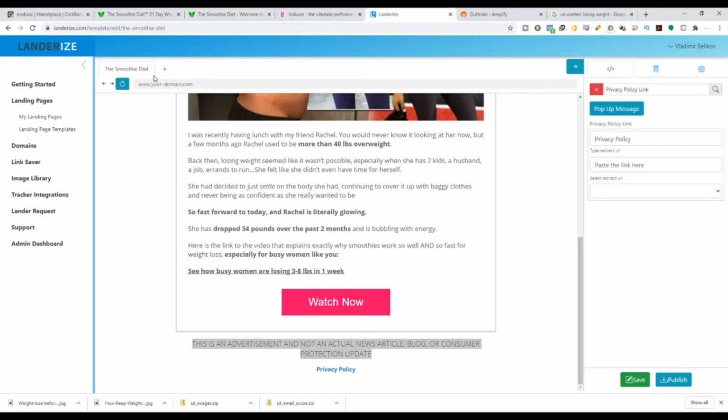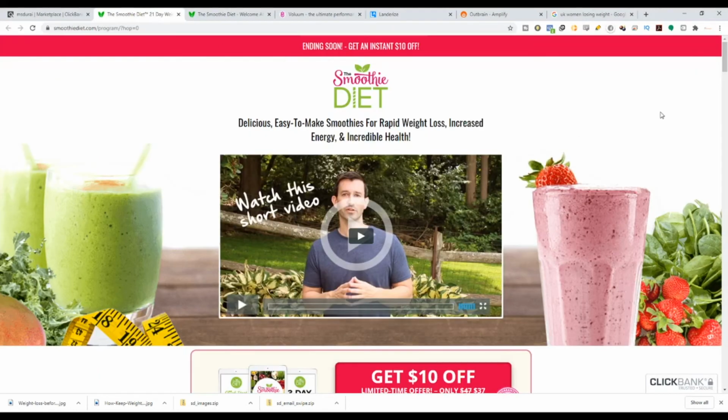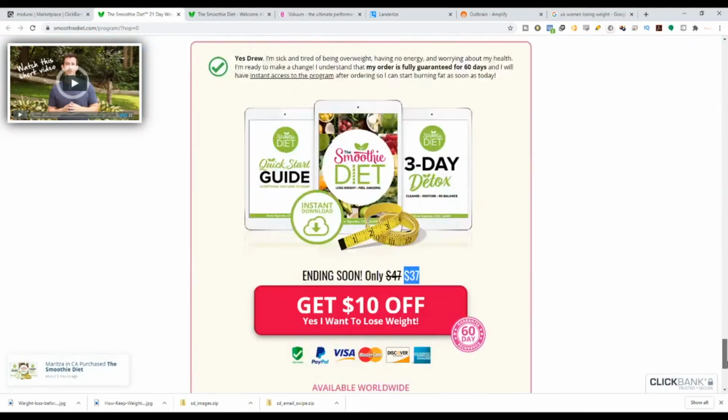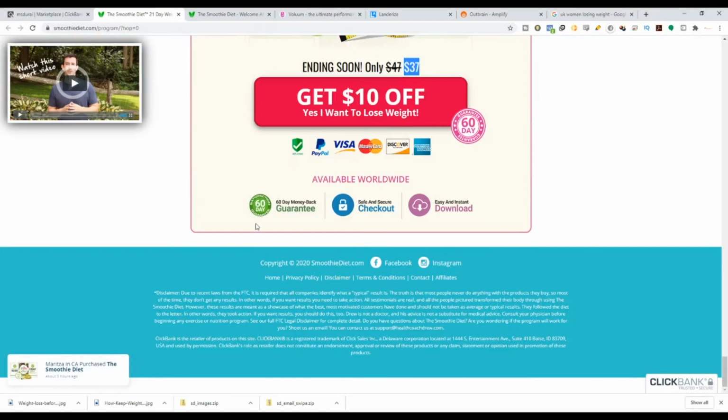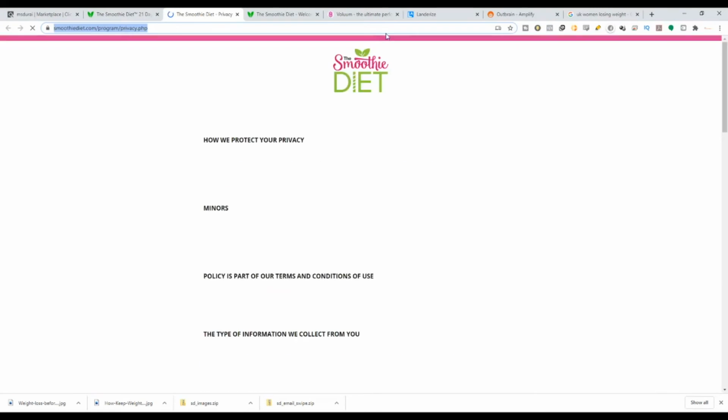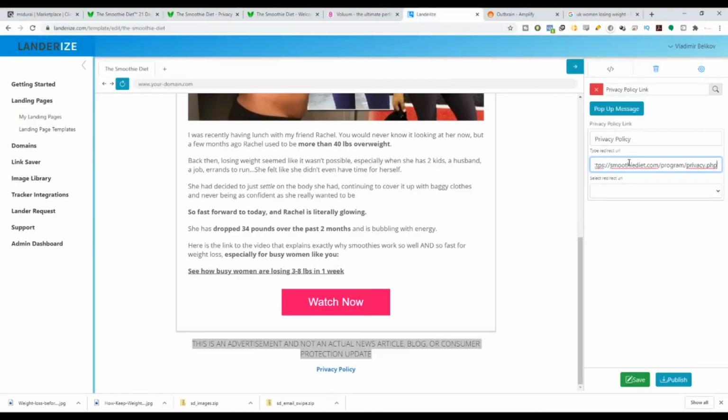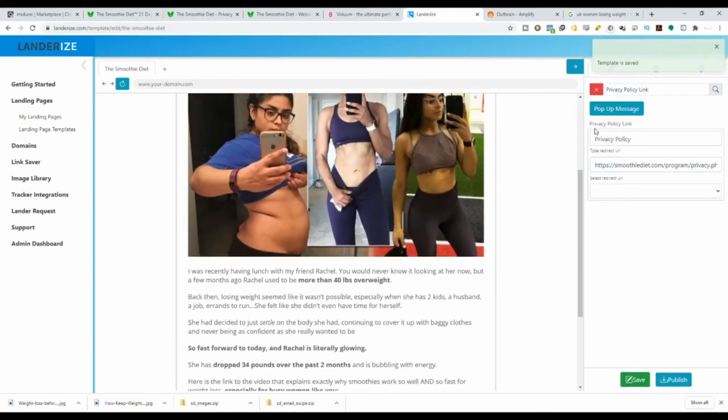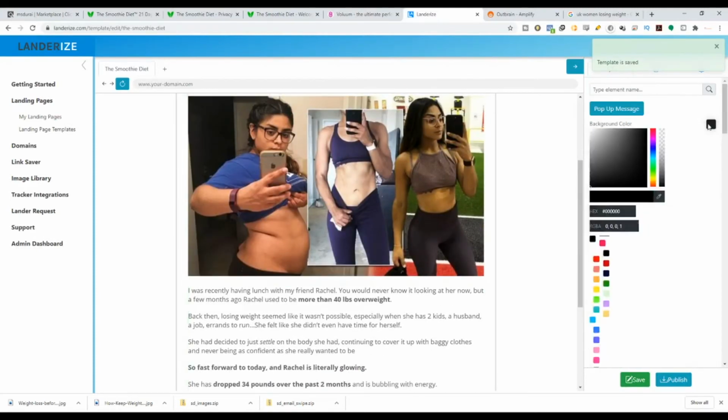But if you want an easier way, you can actually go to the offer page itself. Usually, I'm not saying always, usually the offer page will have their own privacy policy. So you can just take the privacy policy and paste it there. It's simple as that. So once you have done all that, let's do the final touch for the image lander